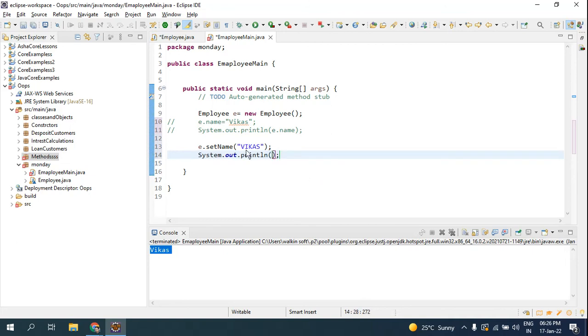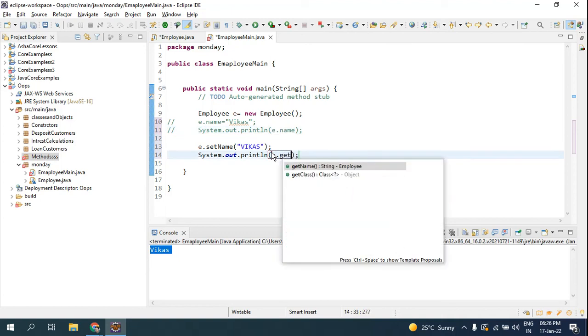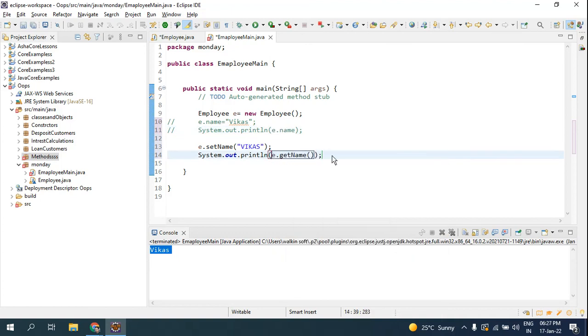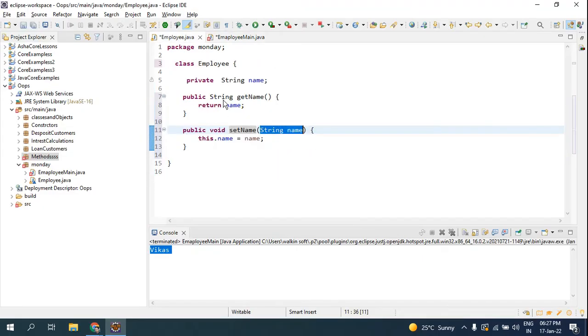So here in the println, you used e dot name so that you got Vikas, but here you have to do e dot getName. And how are you getting this getName? By this method, this getName.